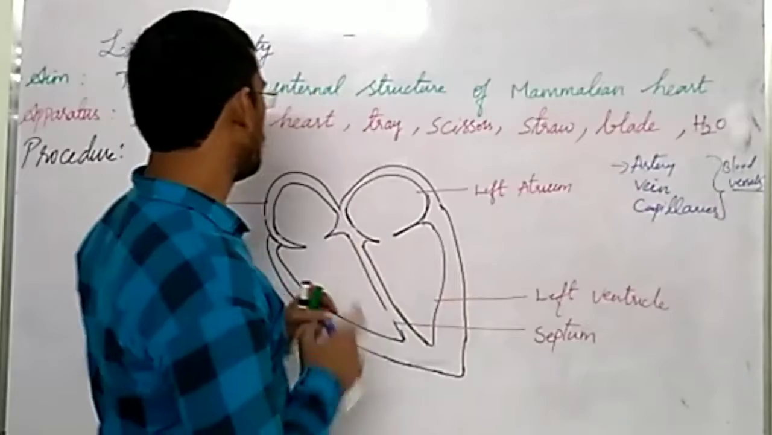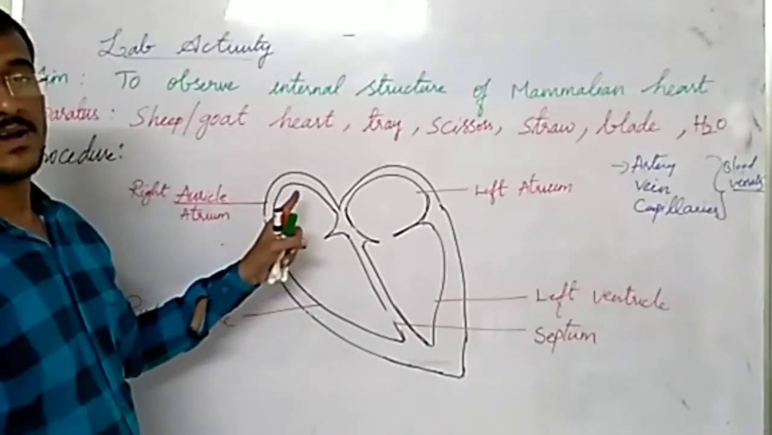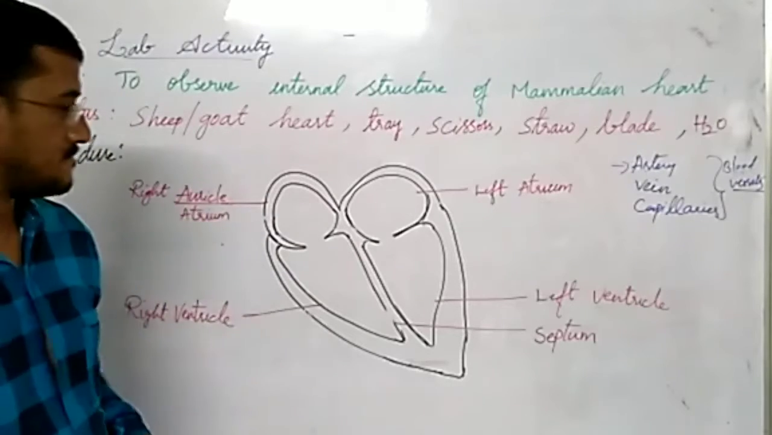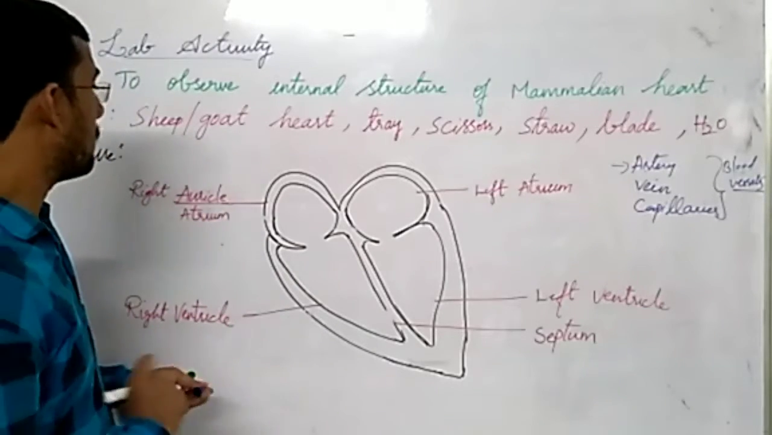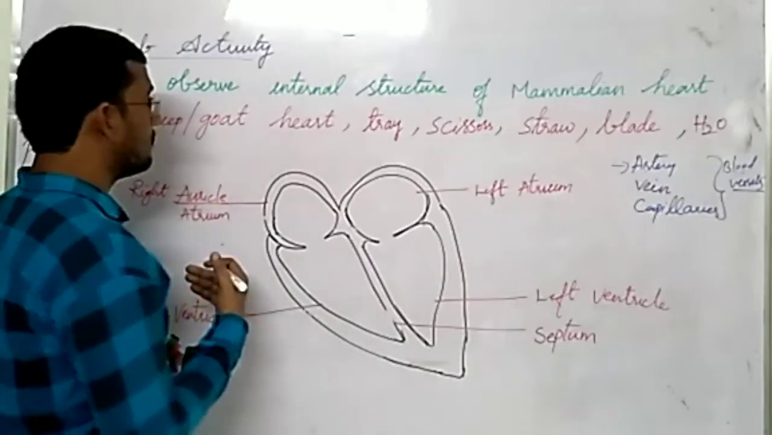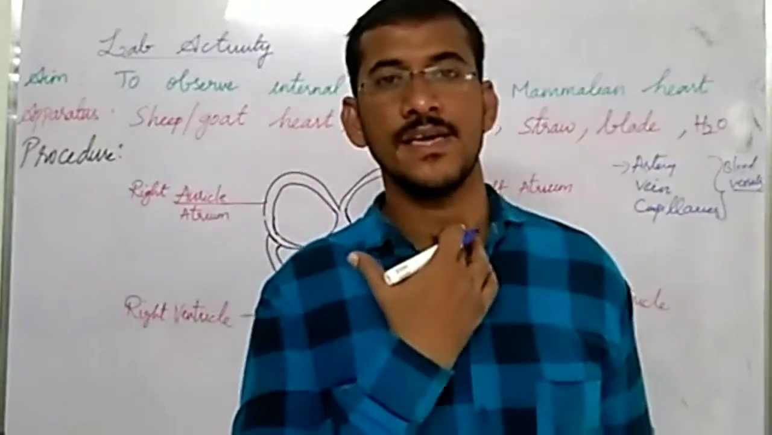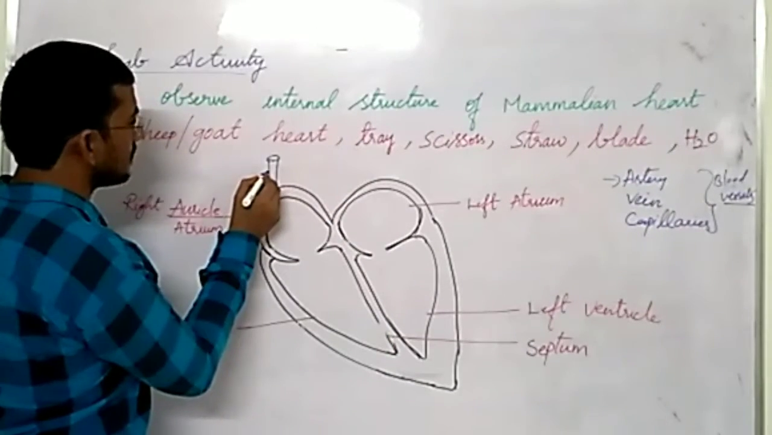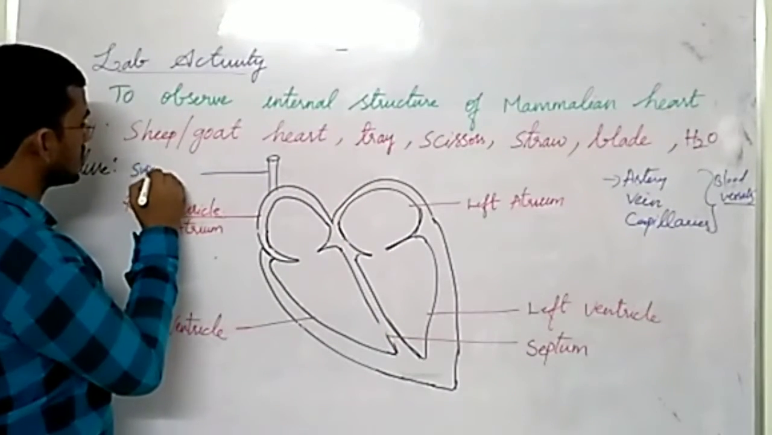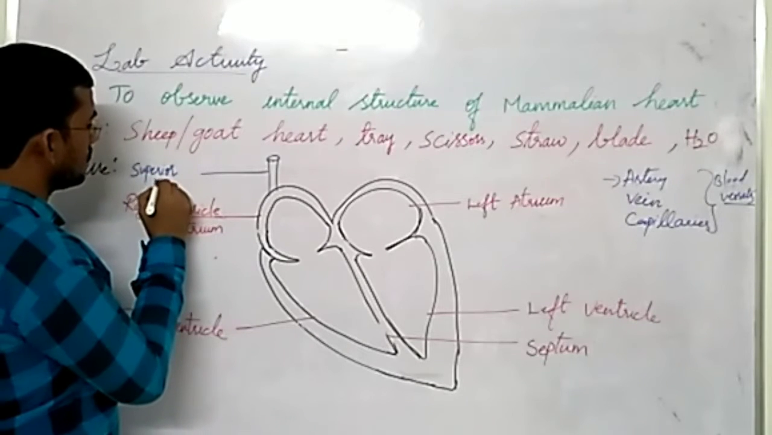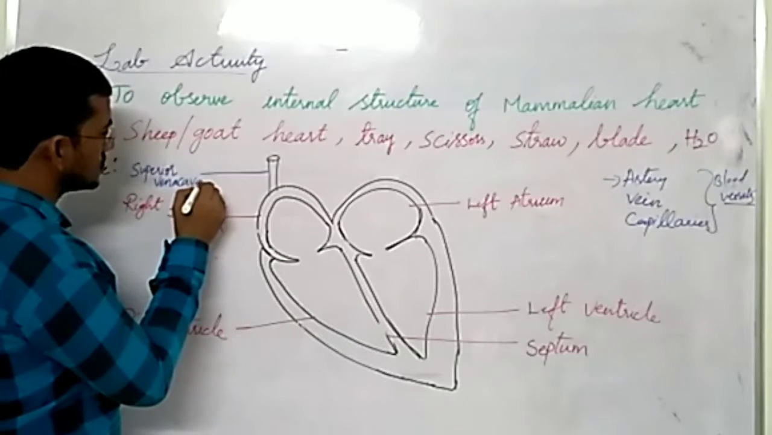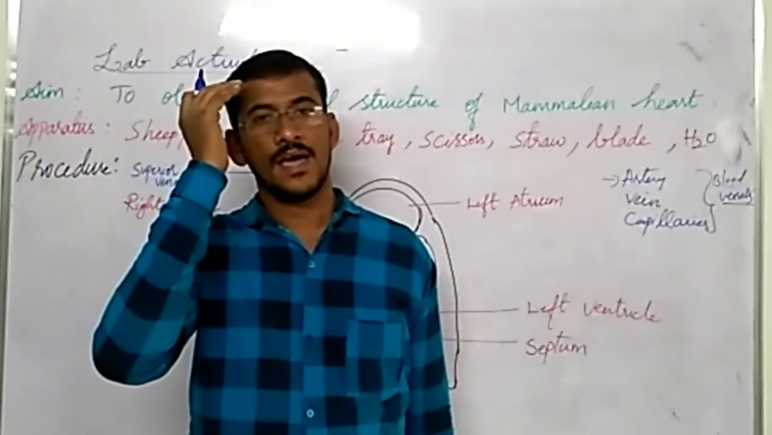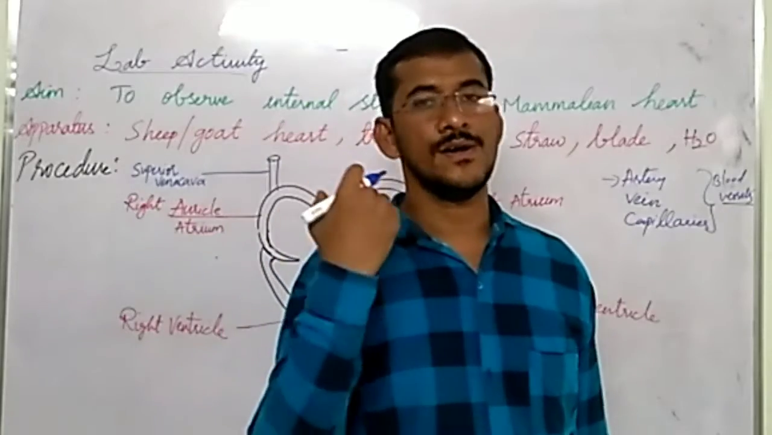Now, let us see the blood vessels which are attached to the heart. A blood vessel which brings blood from head and neck is called superior vena cava. So this superior vena cava brings the blood from head and neck to the